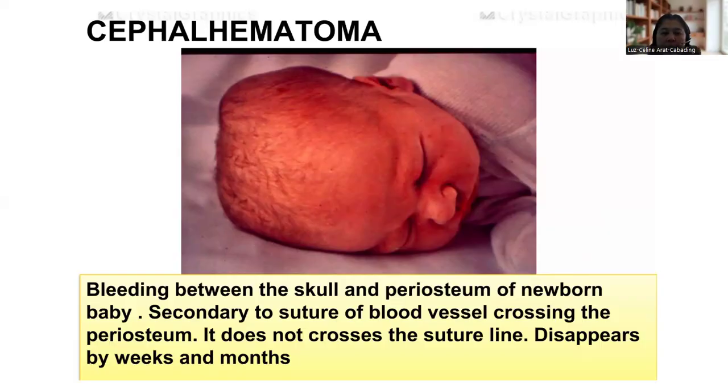What's that suture line? That's the crack between the two bones. So it doesn't cross the suture line because the bleeding is underneath. Unlike your caput, wherein the trauma is superficial, that's why it can cross the suture line, because it's just